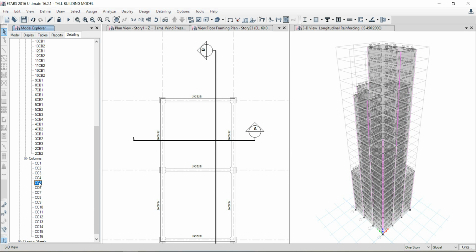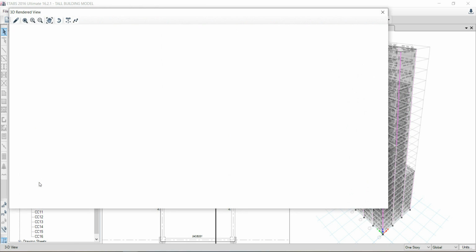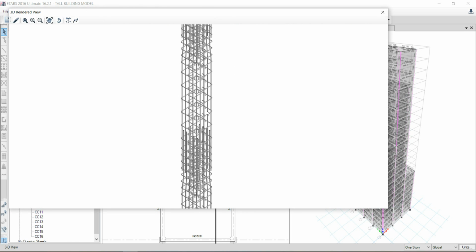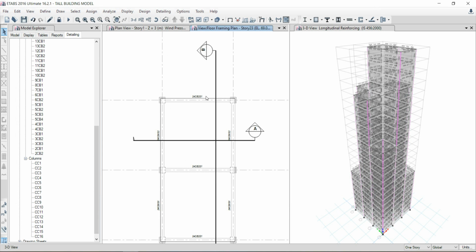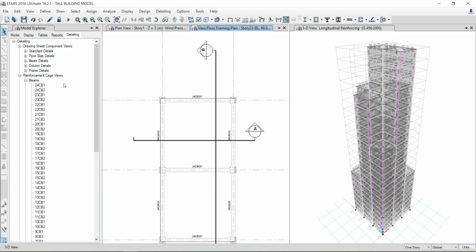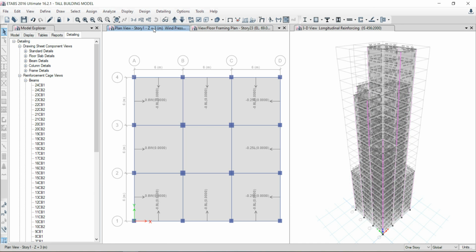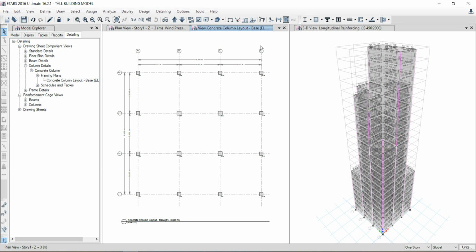Selecting any column, just zoom in. So this completes our assignment for the tall buildings. Thank you.